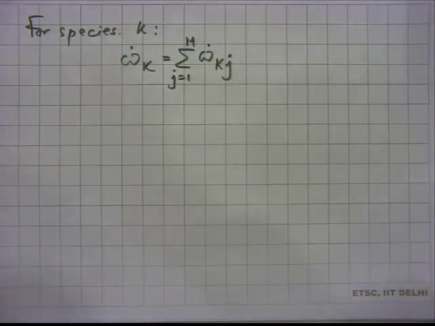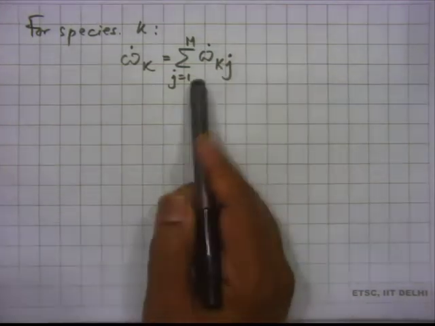Not difficult. So, that means this is omega dot k for the kth species, but the kth species is participating in various reactions. So, you have to add the omega dot k in the first reaction, omega dot k in the second reaction, omega dot k in the third reaction, things like that. So, that is why you have to sum over all j's,